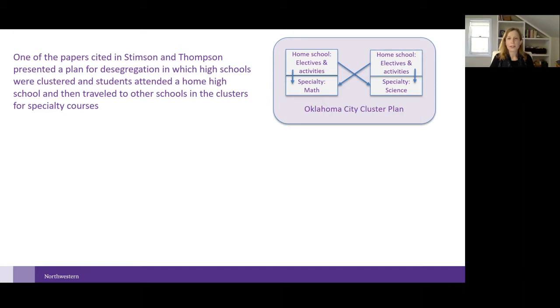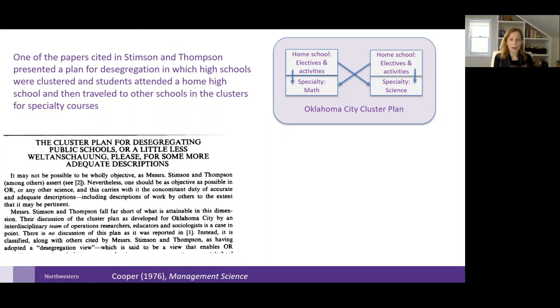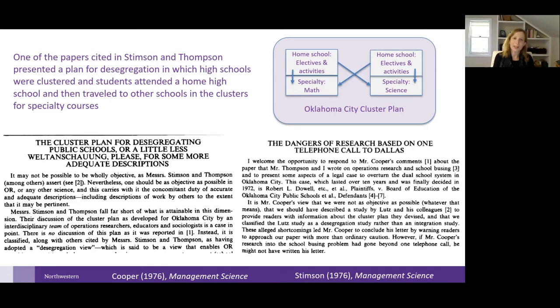The cluster plan looked at students staying in their neighborhood school as their home school, but traveling to other schools for specialties. So every home school would have some designated specialty, and the desegregation would happen through transferring to other schools for their specialties. Keppler, in a response in Management Science to this original paper, said this is not simply a desegregation scheme, and it's looking at options beyond just bus transportation and thinking about good plans to desegregate schools. It's a kind of harsh treatment of Stinson and Thompson, who then equally come back and say,